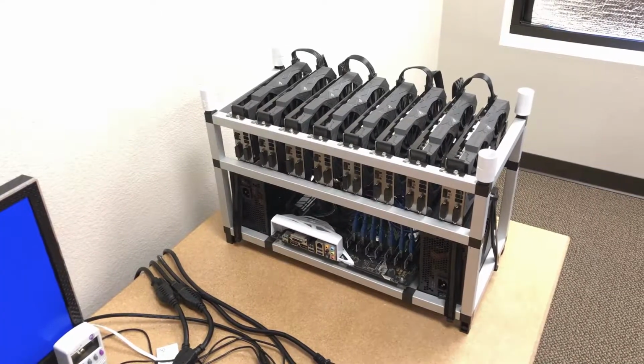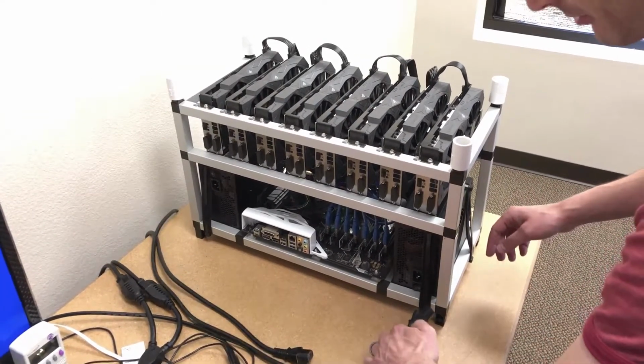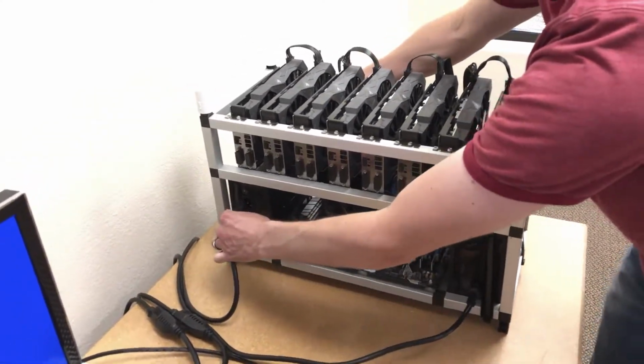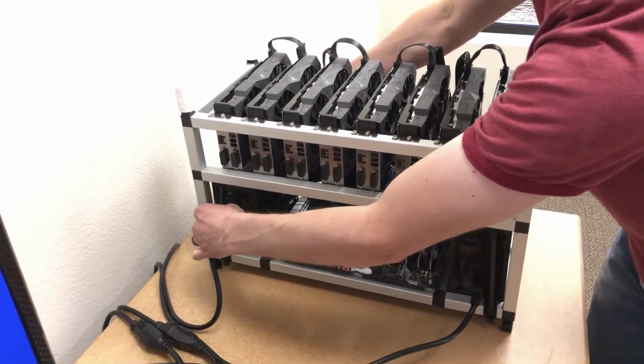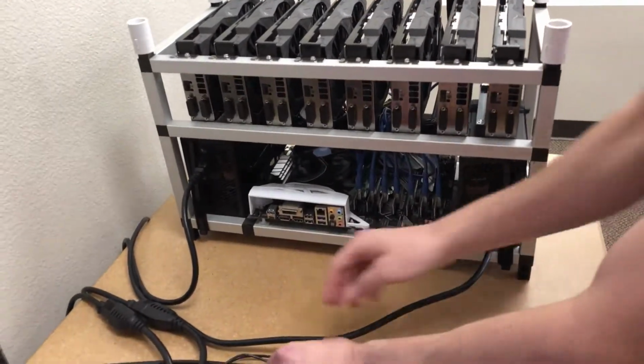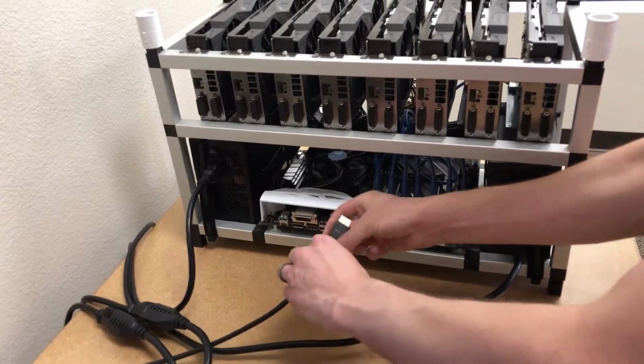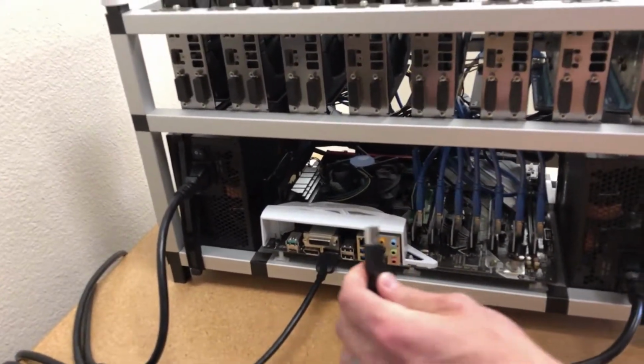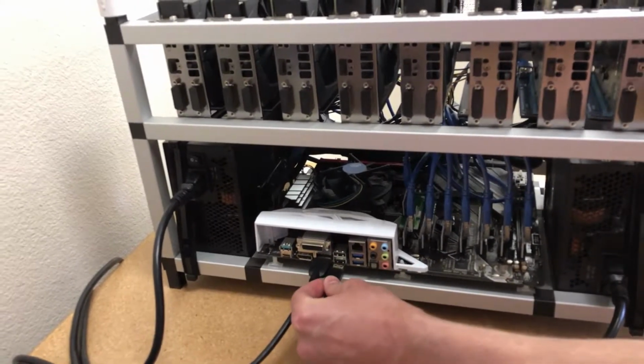Step 3, we're going to plug in cables and peripherals. Plug in the power supply cables. It might be best to apply a little bit of pressure on the back of the power supplies as you do so that those cables are all the way in. Next, you'll plug in your HDMI cable from your monitor, your 2 USB cables from your mouse and keyboard,